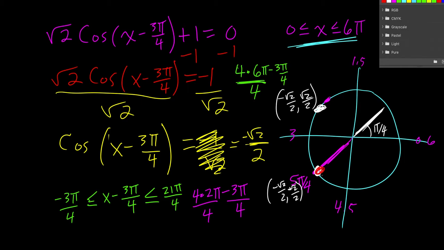Okay. So our starting point actually has one. That was our negative 3 pi fourths. It's right on there. Okay. Then we want to rotate until we get to 21 pi fourths. So we're going to just keep going. And if we go right here,